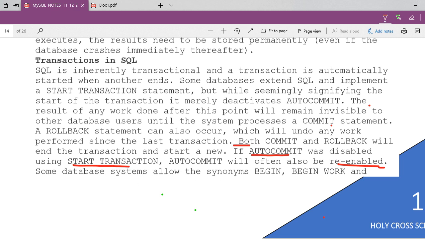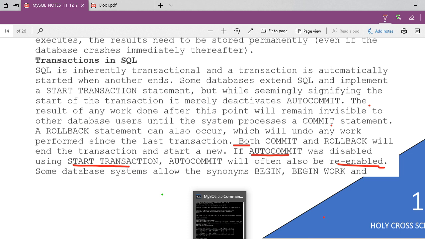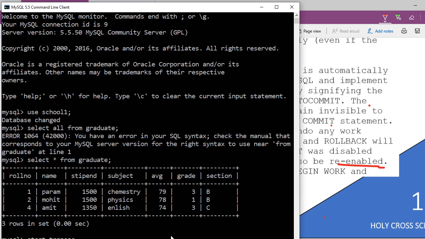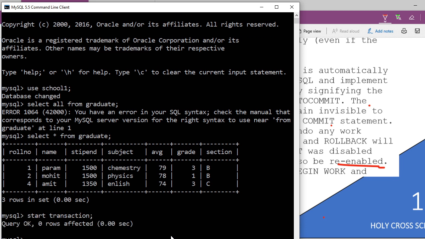See this command. I'm just starting a transaction, so now my auto commit is on. I'm going to make a transaction here. Okay, so now auto commit is off.